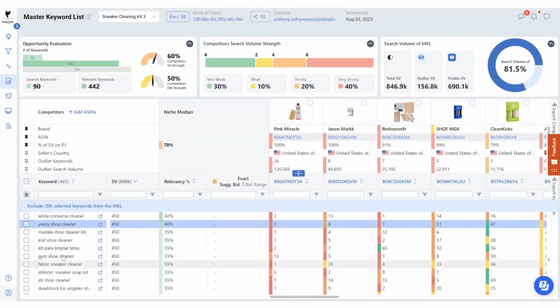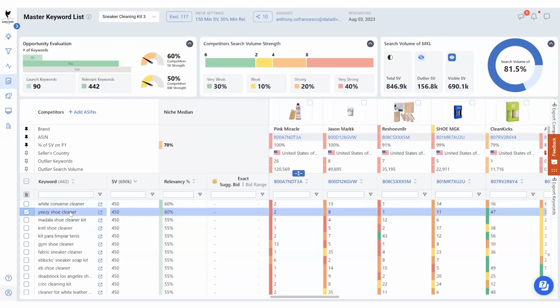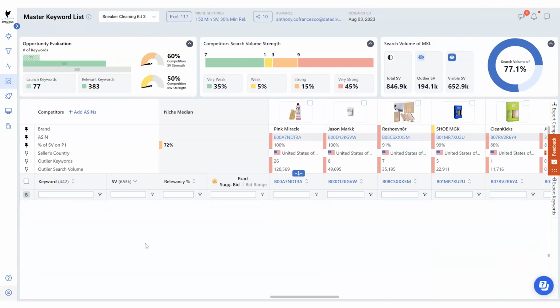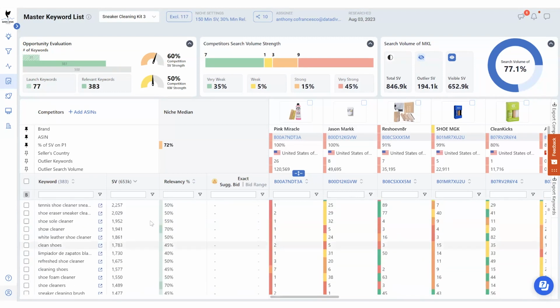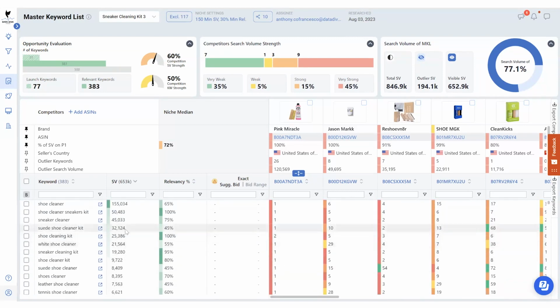All right, now I'm getting down to the bottom here. For the purpose of this, I'm just going to say, okay, this is good enough. I think when I'm done, it should be something more like 150 or so excluded keywords. But the good news is I can look up here at the very top of the list, and everything with a significant search volume, these are all relevant keywords now.